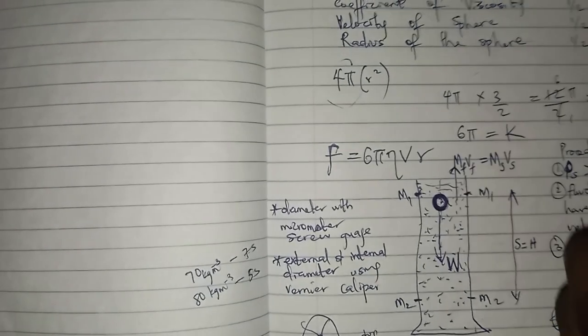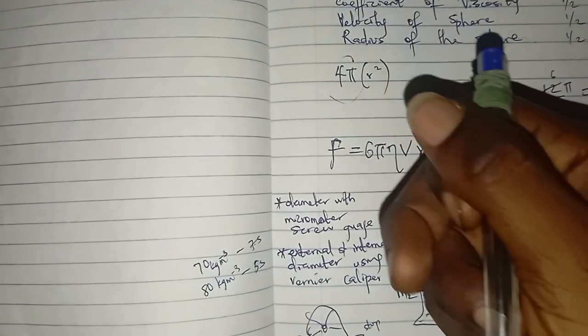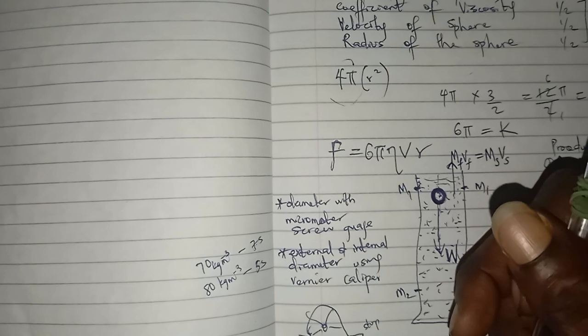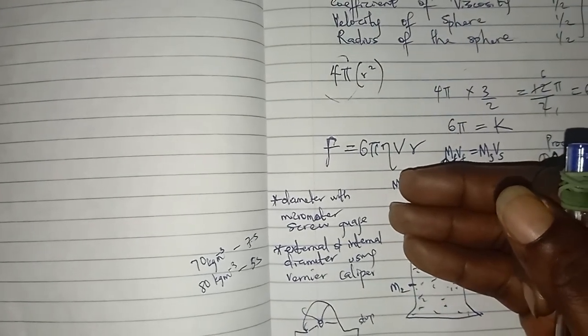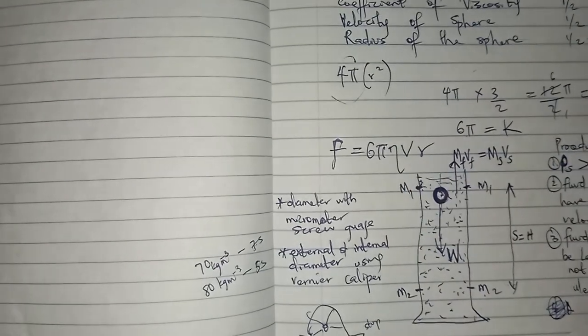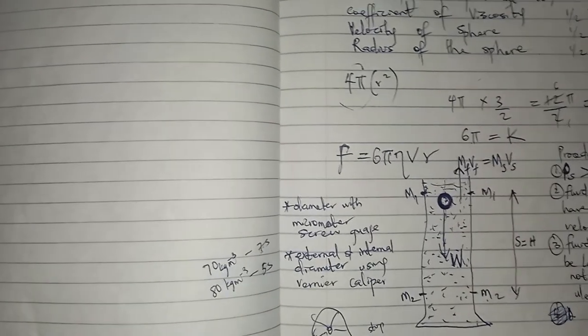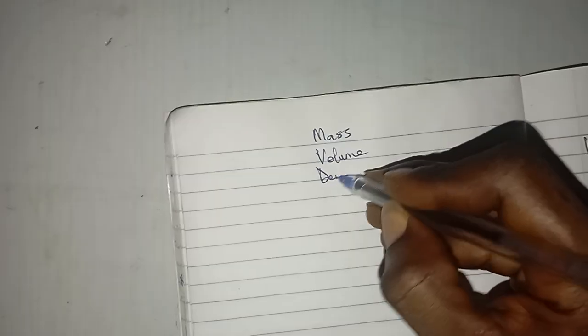So if I dip my hand inside water, like in a bucket filled with water, the amount of water that will leave that bucket is equal to the amount of mass or matter that my hand is having. So if I know this, it simply means that out of the 6 major things we look at when we are dealing with fluid, that is mass, volume, density,